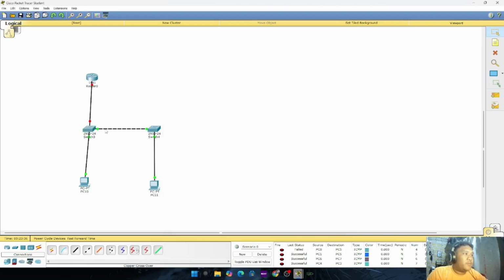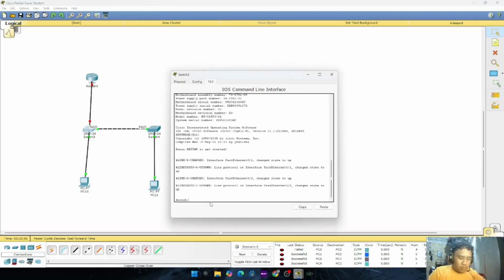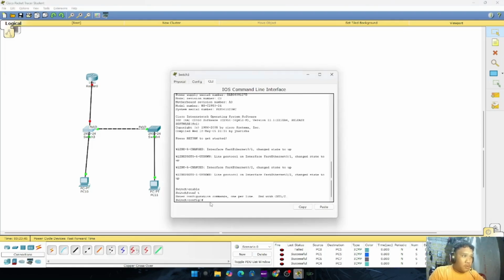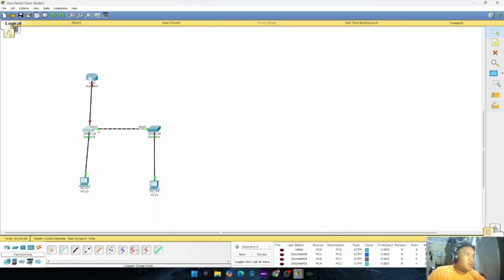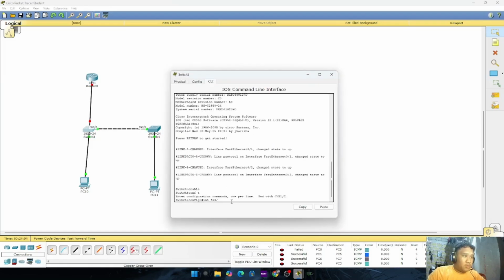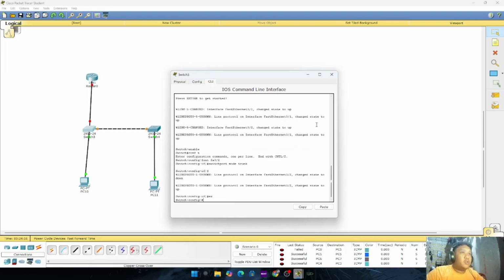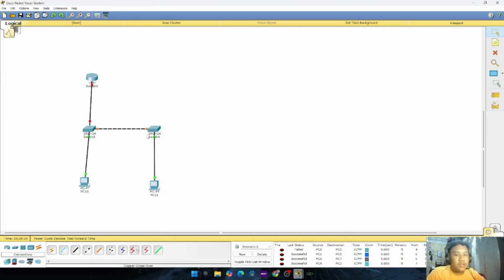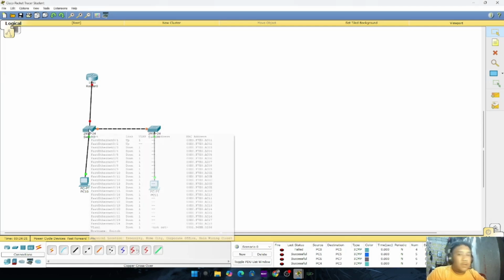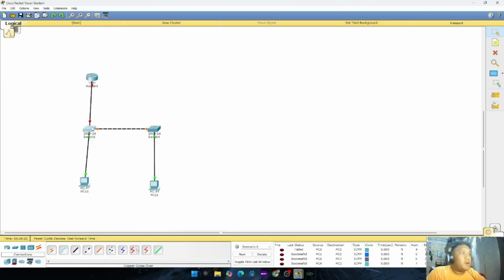So let's trunk the switch first with the different VLANs. The two switches are already trunked. Now let's trunk the switch to the router.